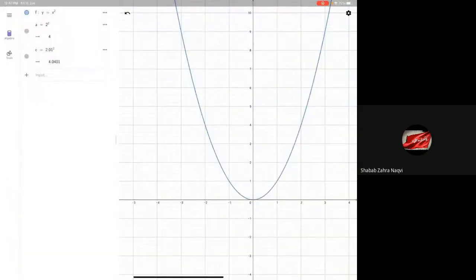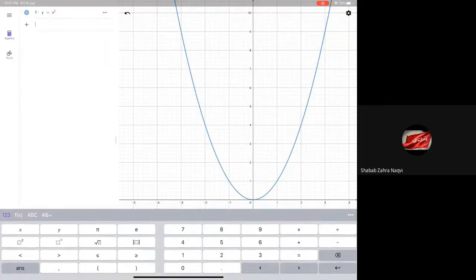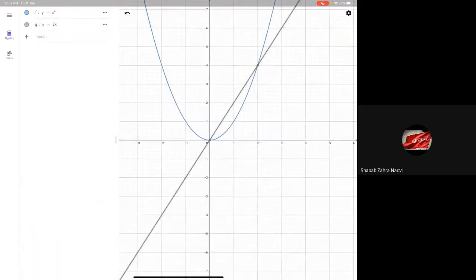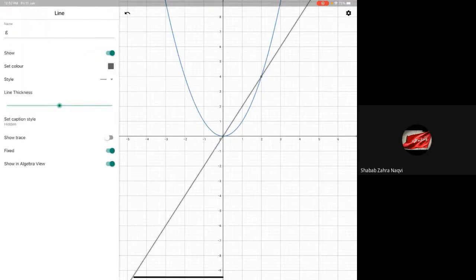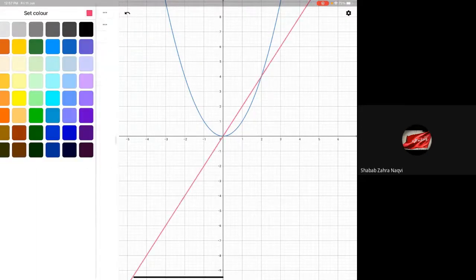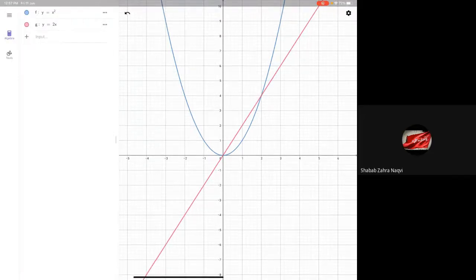So this is x square. Can you see? I'll write y equals 2x here. So you got these two graphs, this blue color graph and red color graph. Now my claim is this. This blue color graph is x square, red colored graph is 2x. Slope of blue colored graph is equal to the value of red color graph. Are you getting my point?